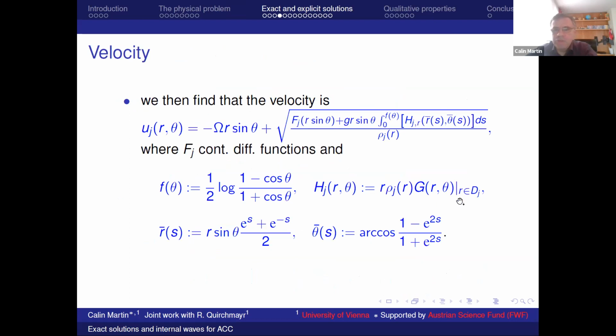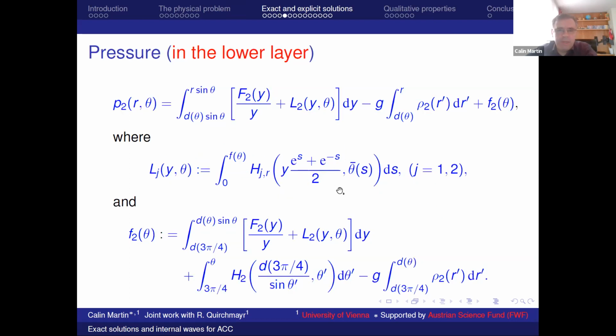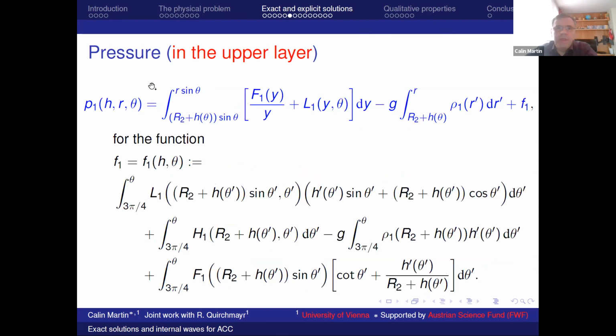So recall that h contains the body force term. Further, having the formula for the pressure in the lower layer, we can compute the pressure in the upper layer. So this again is given in terms of the velocity. So F1 is the function that appears in the velocity, and then also the